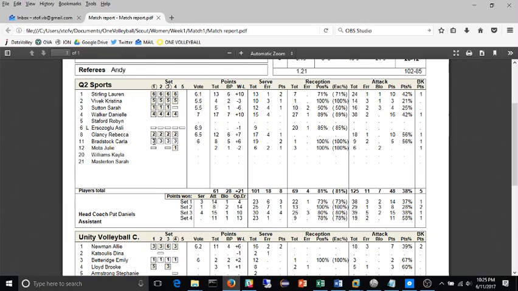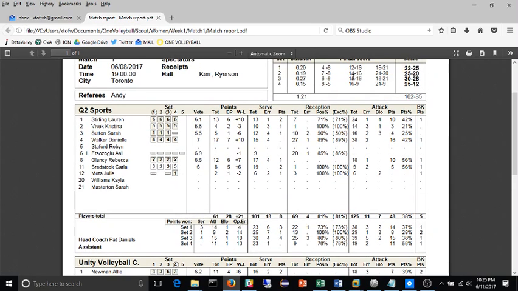So you can understand, for instance, if you had different startup or different people compared to the result of each set, you can see what happened in each set. You can see what you played against that team in each set. You can understand what order you actually start each player. The circle here means that the serve was for that team. So in the first set, Q2 was serving the first ball, and in the third set,